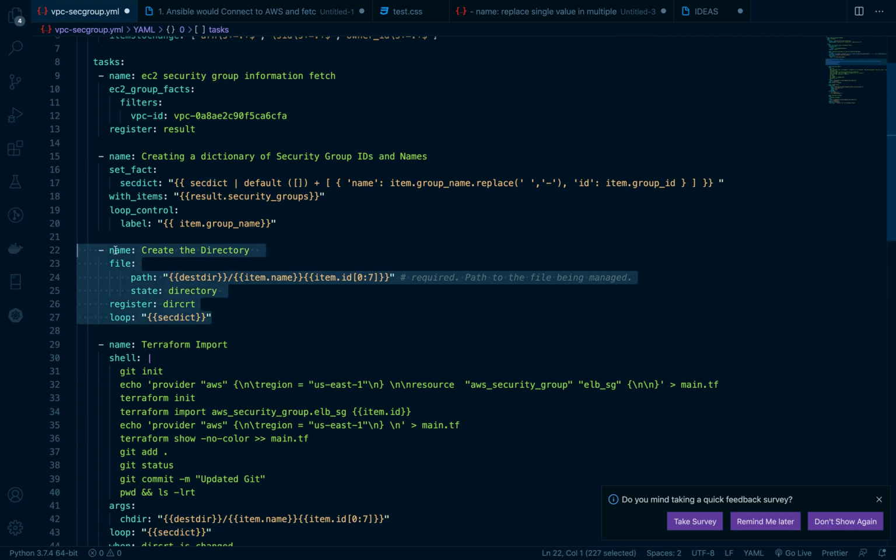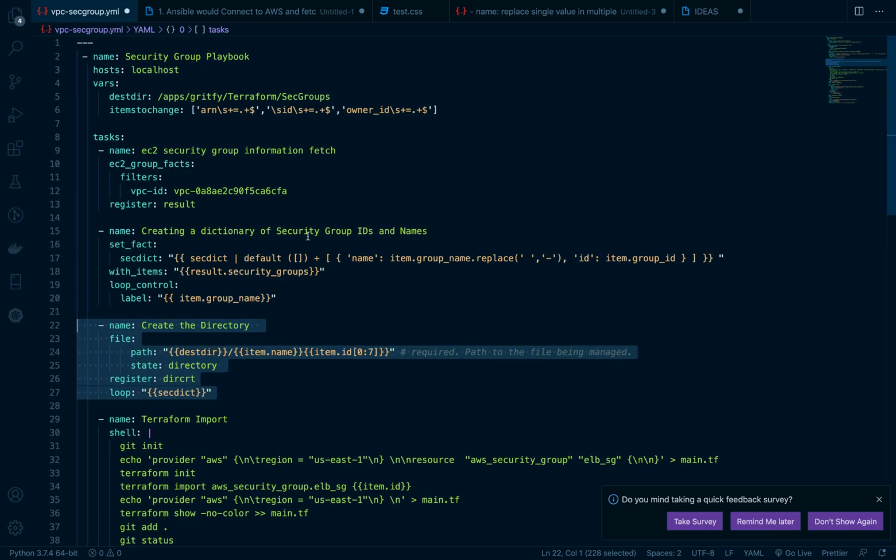The third task is creating the directory. We are going to create a directory for each individual security group that we are fetching, and these directories would be created beneath the workspace that you are defining right here in the var section using the dest-dir variable.